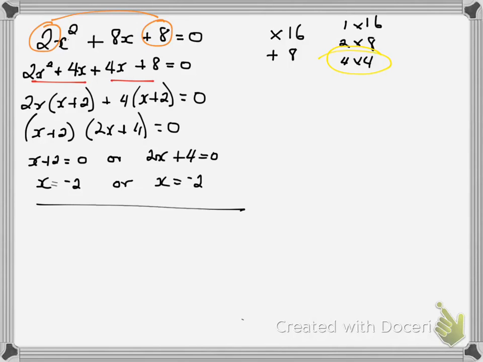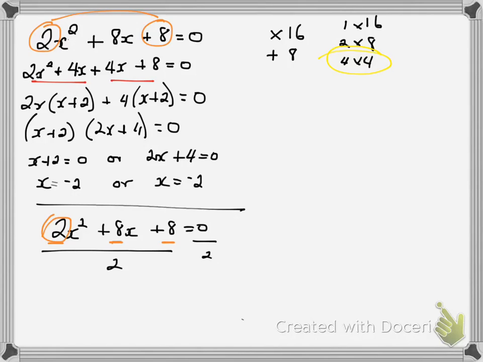Now, that's the long way. But if I was a smart person to start with, I would have noticed in my original question, which is the same one I've just written there, something very unique. Every term is an even number, but more importantly, every term can be divided by the coefficient out the front of the x squared, which in this case here is 2. So if I divide everything by 2 on both sides, I end up with x squared plus 4x plus 4